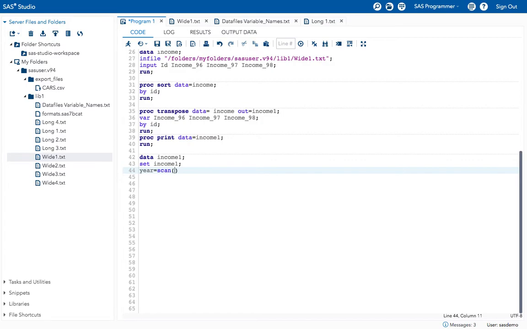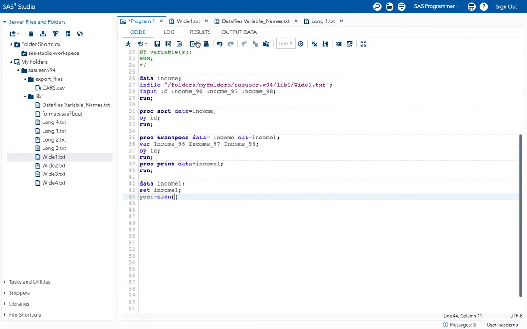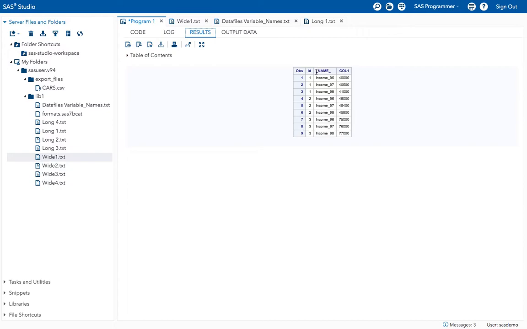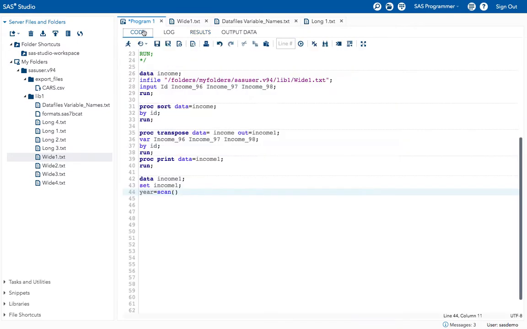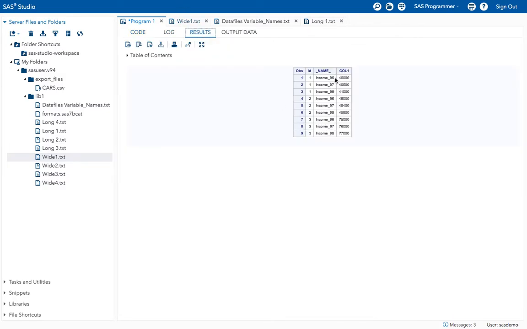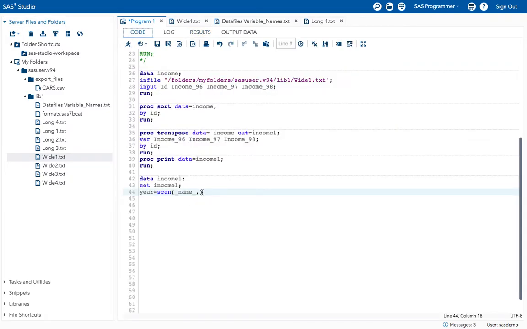From _NAME_ I want to scan for the year part, so give _NAME_. After this, comma, and I want this data to be read from backwards, so give minus 1.